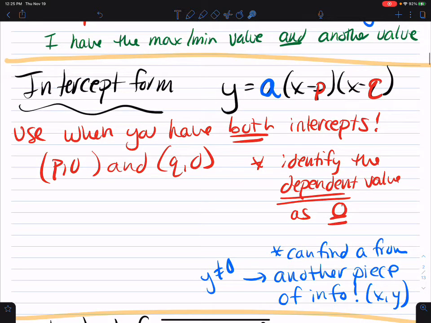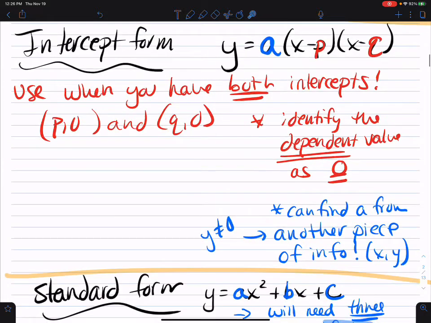You should use intercept form when you have the x-intercepts. But again, when it comes to word problems, they're not going to say this is the x-intercept. When it comes to word problems, we'd want to identify the dependent value as some form of 0. The dependent value could be the height was 0, or the amount that you've earned was nothing. So an indicator that you have the intercepts is when the dependent values are 0. And same thing with our vertex form, the intercepts help us find p and q,